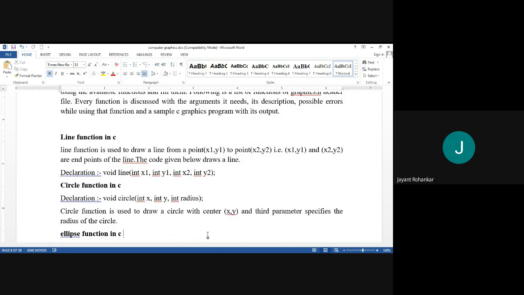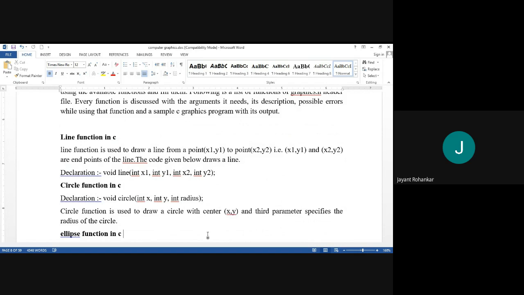The next function we will see is the circle generation function in C. The declaration syntax for generation of a circle is given here: void circle(int x, int y, int radius). The circle function is used to draw a circle with center x, y.